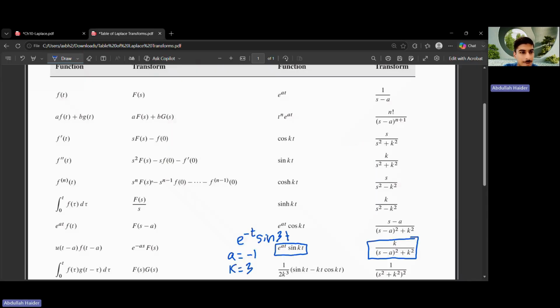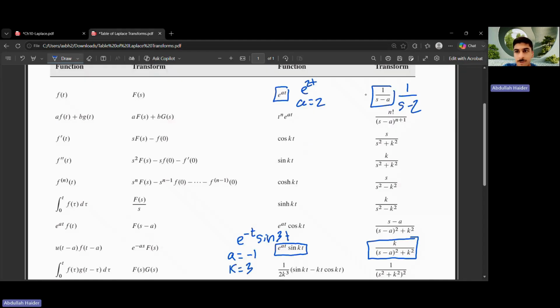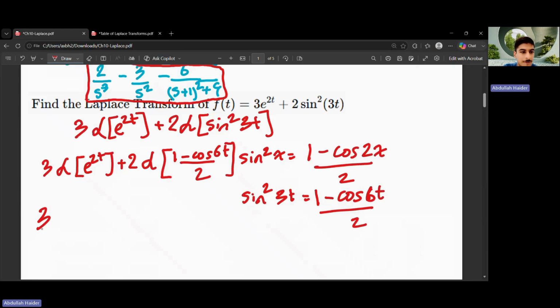E power 2t, you look at this function, you have a equals 2, means the answer should be 1 over s minus 2. So 3 multiplied by 1 over s minus 2, so 3 over s minus 2